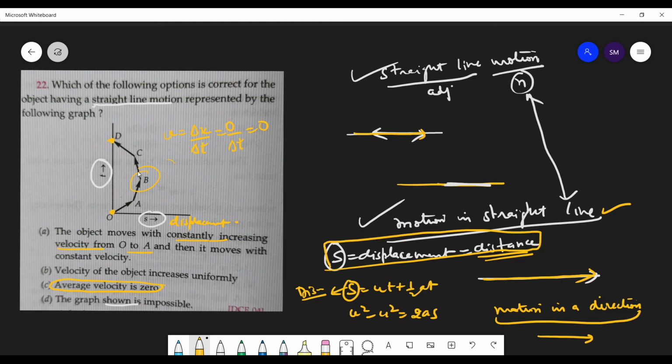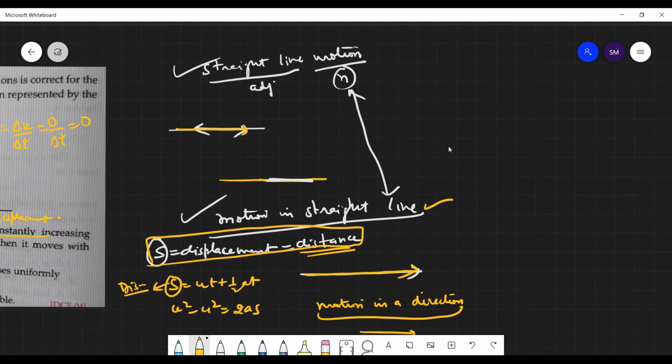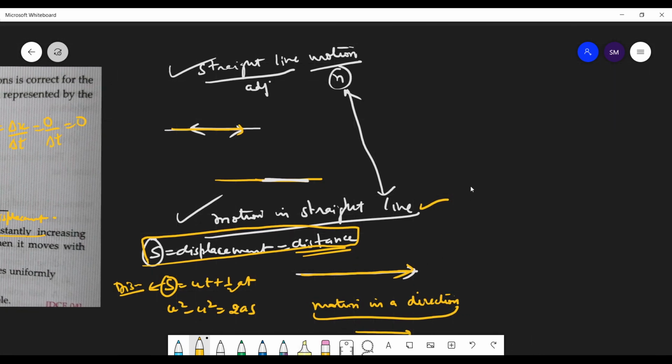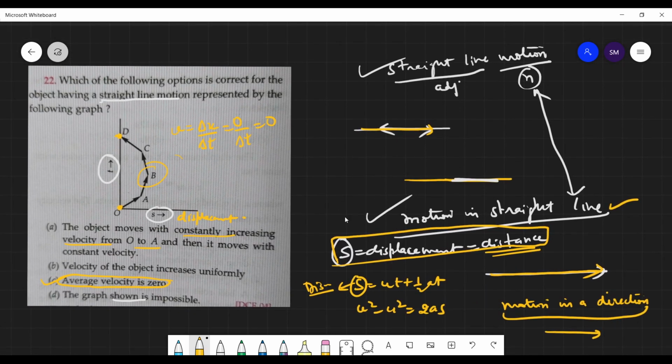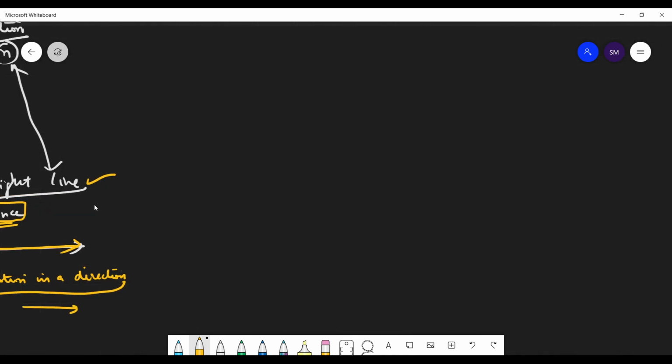So which one do you think is the correct one? Sir, option C. Option C, yes. So we take it as displacement unless and until it is told that it is distance. Okay? Now make this a rule. Okay, sir. Yes, good. See, we learn with these kind of discussions. We have spent so much time, so you will remember that yes, there was a question like this, and we spent time discussing this. Yes or no? Yes, sir.